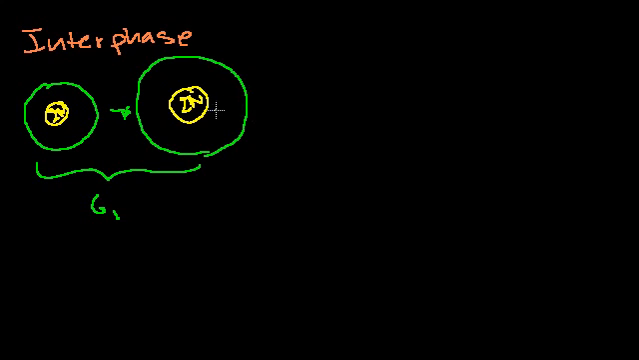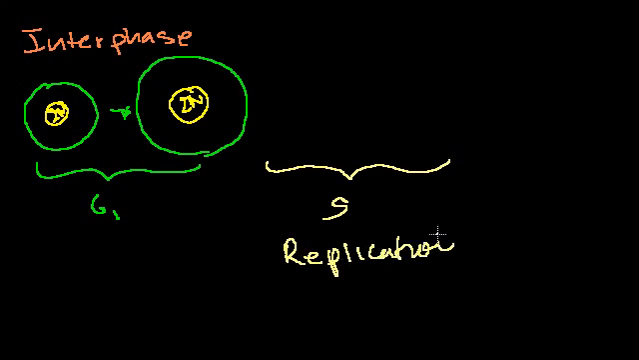Let me zoom in. Let me draw this. This is called the S phase of interphase. S is where you have replication of the actual chromosomes. Once again, we're not even in mitosis yet. So in S, you have replication of your chromosomes. If I were to zoom in on the nucleus during the S phase,